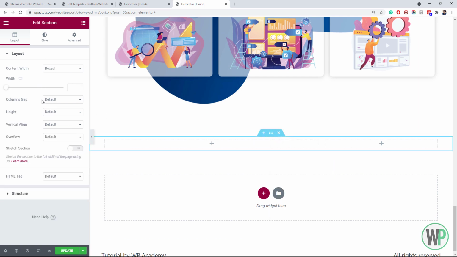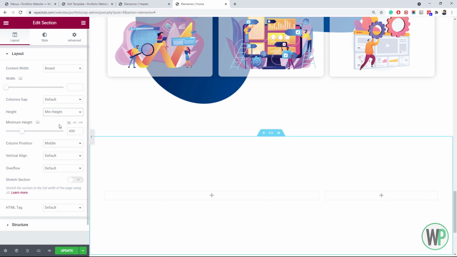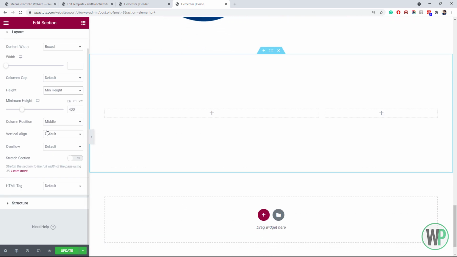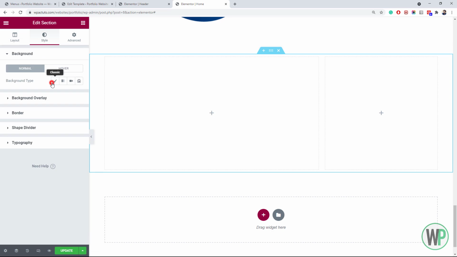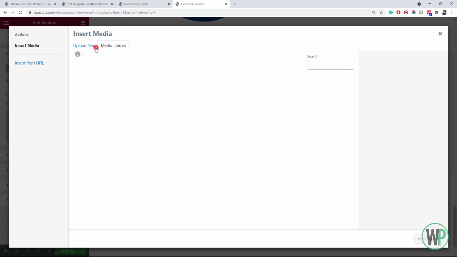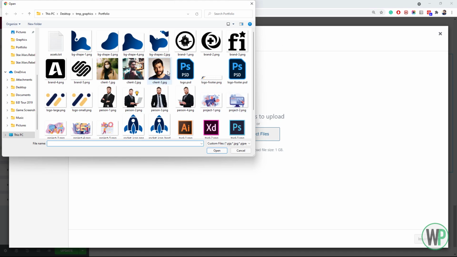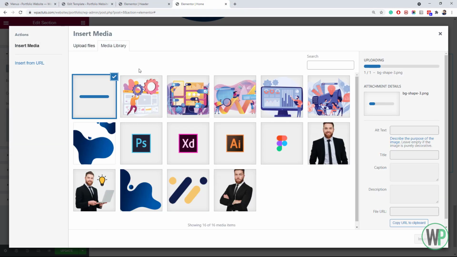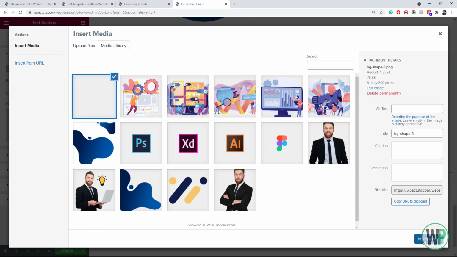Edit the section, set a minimum height to this section as well. Column position stretch, vertical align, let it be default. Okay, now I have a background image for this section as well. Go to styles, classic, choose the image, upload files, BG shape 3, this one we are going to use. Insert